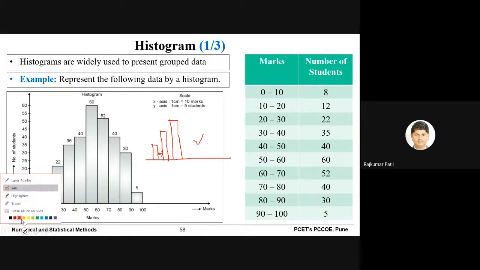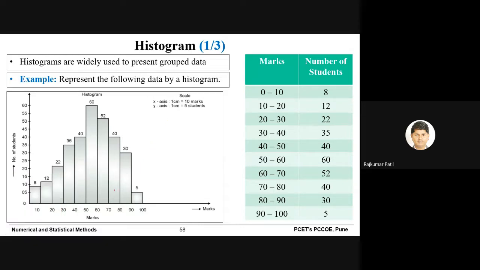So that observation, or that slight difference, is there. Now, if we want to draw this histogram manually, we can do it easily. But when we want to draw this histogram using Python code, then you need to understand how to plot it. So, how do you need to proceed?